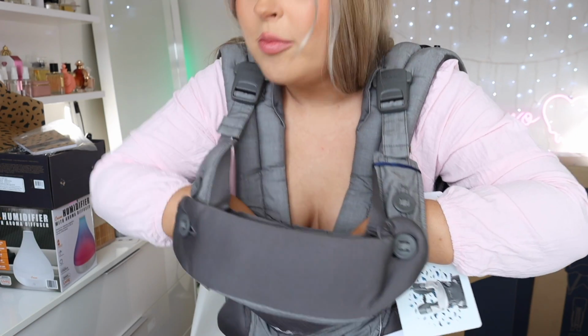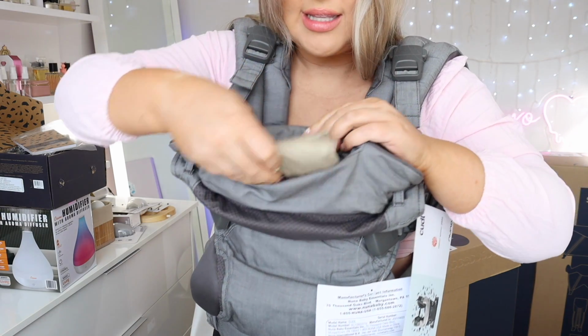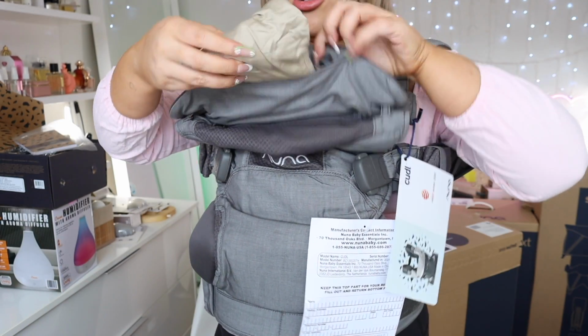Oh, it feels so comfy in here. They should make these in adult sizes. And then I guess that's the hood that can come up. Oh my gosh, and then there's the other one, is this for the shade? How does that work? It just keeps going. This is like Mary Poppins. I'll have to read the instruction manual,